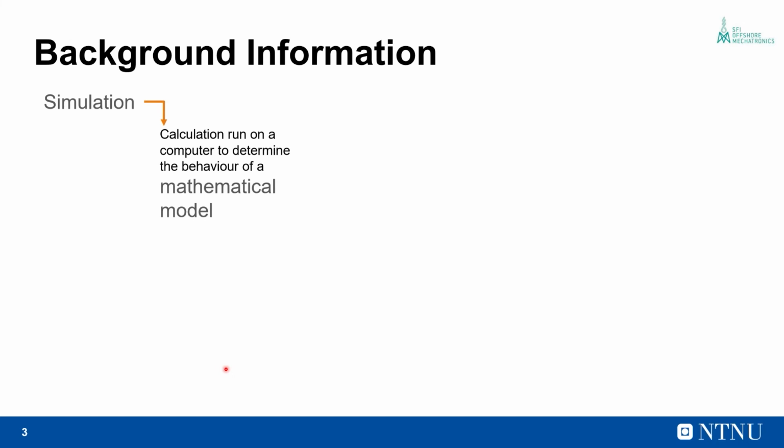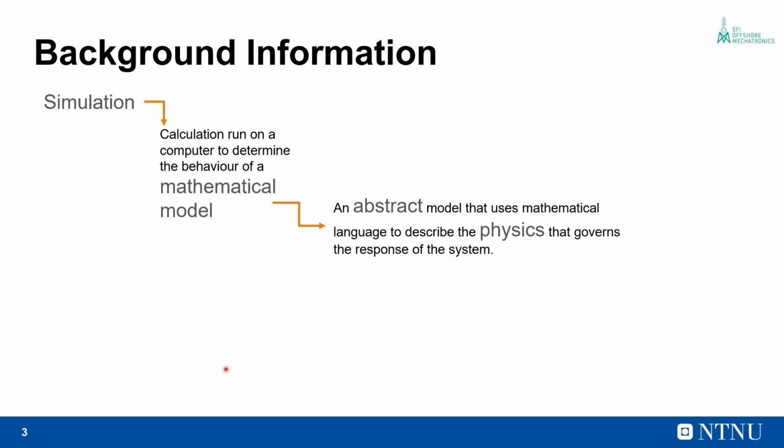So when I talk about simulation in this presentation, I'm usually referring to calculations run on a computer to determine the behavior of a mathematical model. And by a mathematical model, I mean an abstract model that uses mathematical language to describe the physics that governs the response of the system. By abstract, I mean something that exists in thought or as an idea, in this case as lines of code. And this abstract model cannot be felt, but you can interact with it by giving in some input and analyzing